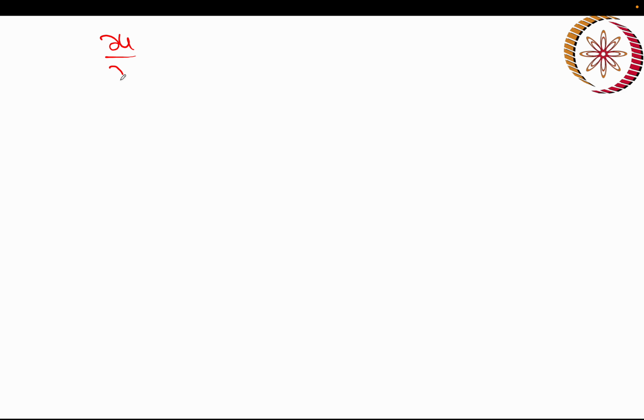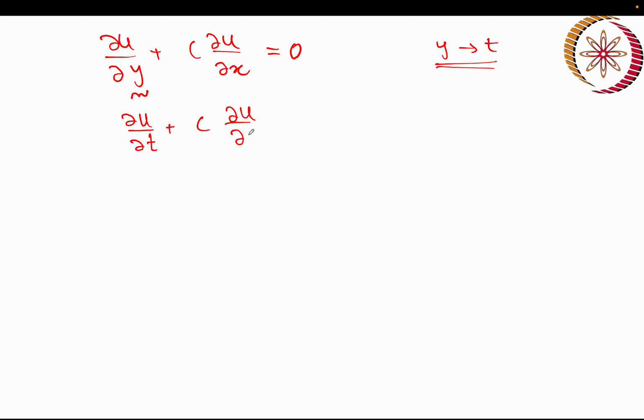So ∂u/∂y + c ∂u/∂x. Okay, the one thing I will do is, instead of y I will use t. We can understand it better if we consider this y as the time, and this is c ∂u/∂x equal to 0. Okay, and so let's say this is